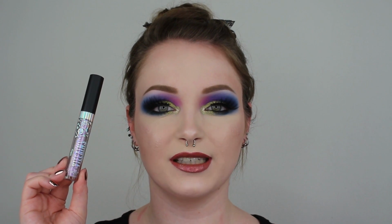As far as the Ultra Glossy Lip in the shade My Pet, I actually really enjoyed this gloss, and I'm really surprised as to how wearable it is. I thought it was going to be one of those glosses that's way out there and a little eccentric, but this one definitely is very wearable, and I actually really enjoy it paired with this